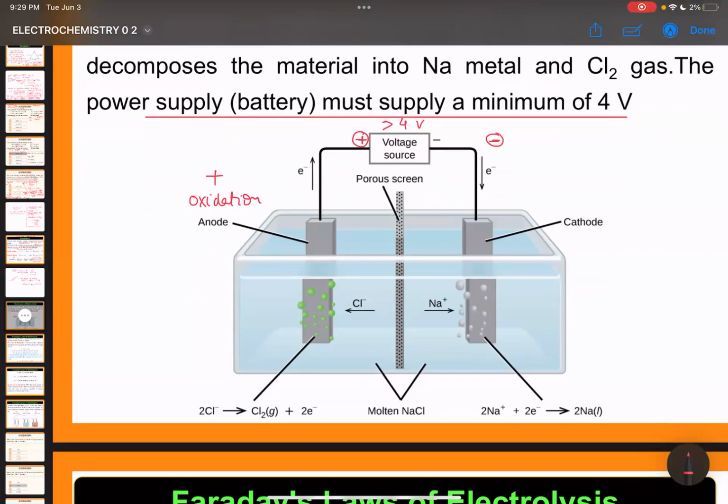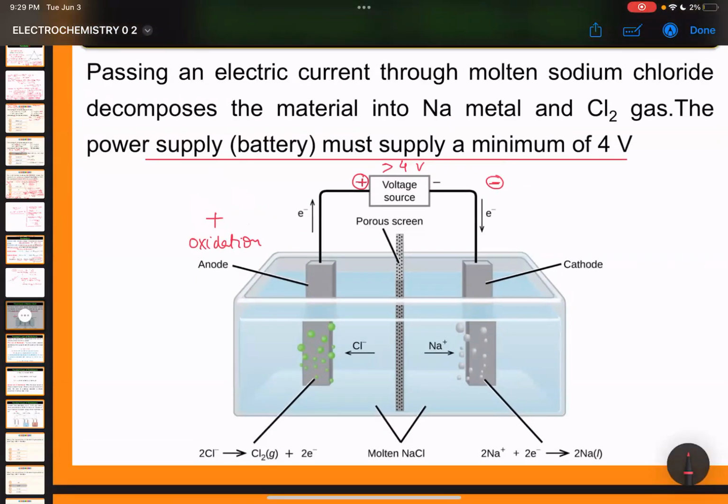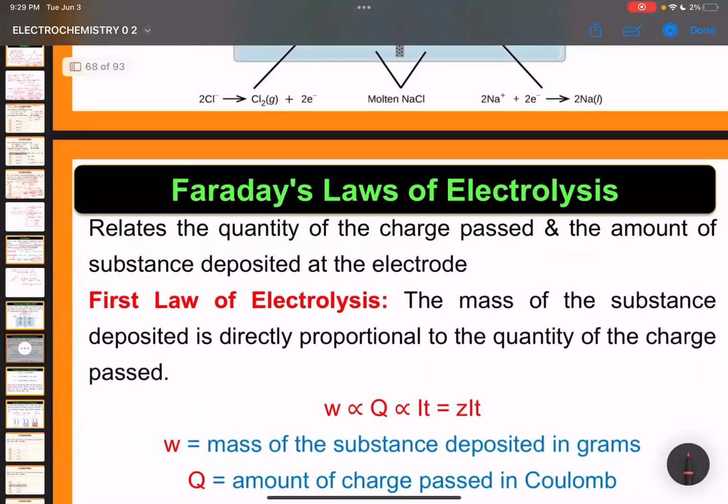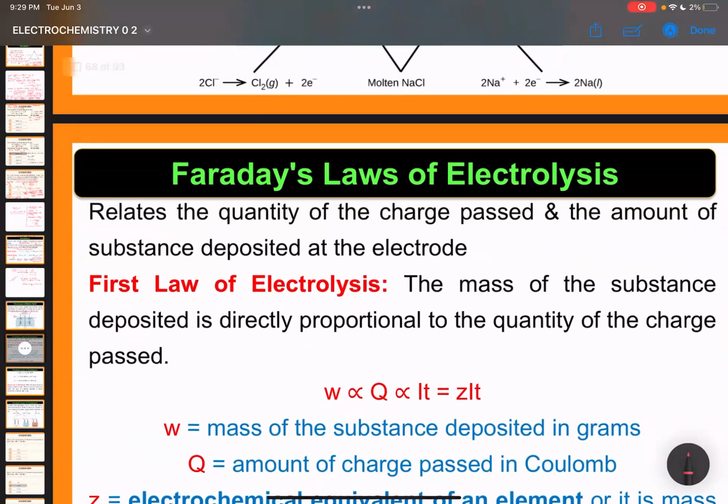Is it clear? Now on the next, so this is the basic idea of electrolysis. We are going to discuss Faraday's laws of electrolysis, which are very